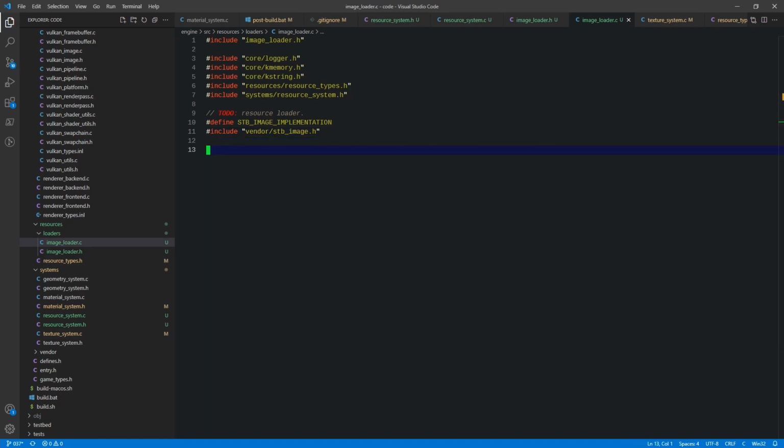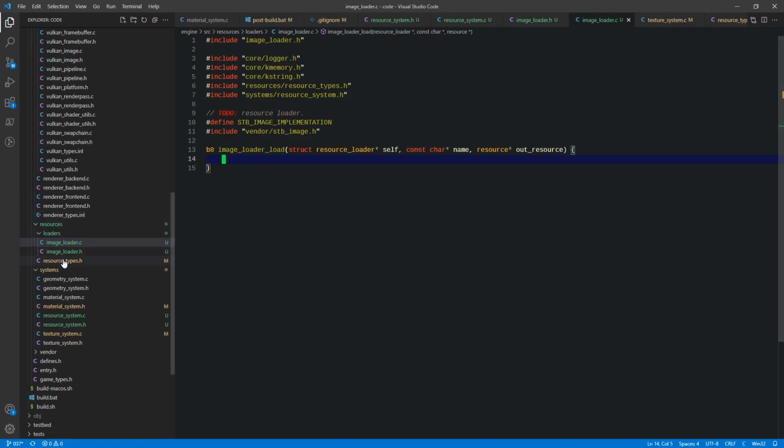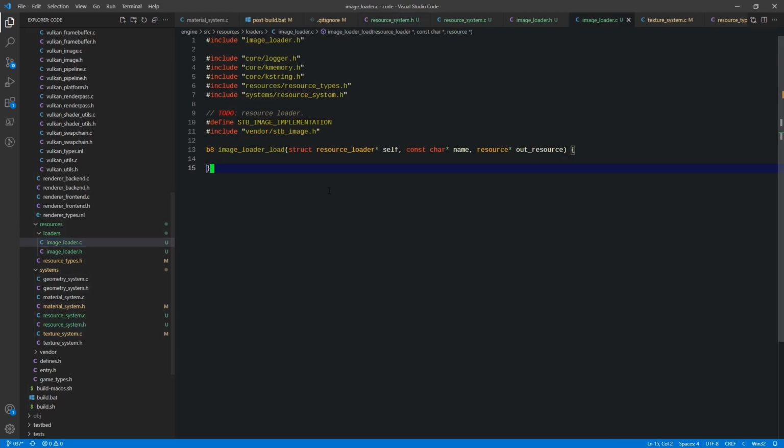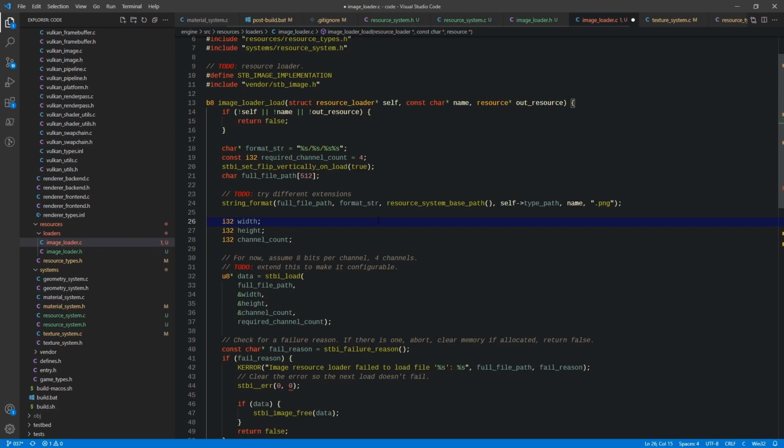All right, and I'm gonna go ahead and create this private method first called image loader load, okay? And this matches the load signature here. Okay, so this is the load function for the image loader, okay? And all this is going to do is basically take the, well, first it's going to validate that we haven't passed null pointers for any of this. And then it's going to go ahead and, I'm actually just going to paste this all in one shot. It's going to go ahead and